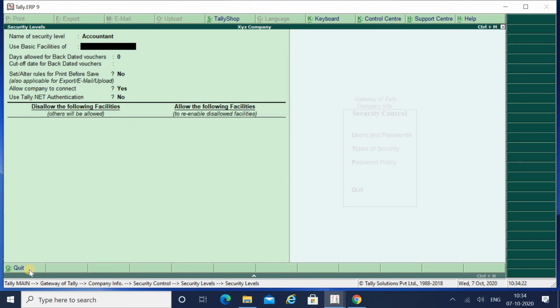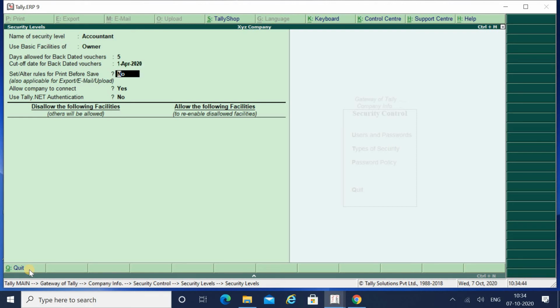Now they are asking about use basic facilities of; I will write it as owner. Then days allowed for backdated vouchers, I will write 5. Cutoff date for backdated vouchers, I will write it as 1st April 2020 only.